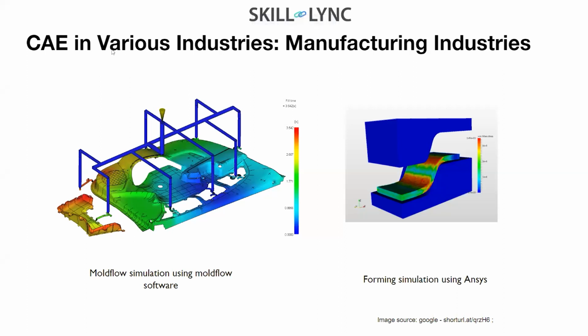Sorry. So, CAE in various industries. There are various types of industries. As I said, they are used in manufacturing and in different types of research and development. There are a variety of phases in product development where they are used. As they are cost effective, they are better. And then the analysis of the results: different industries have different formats to analyze the results they get from the simulations.